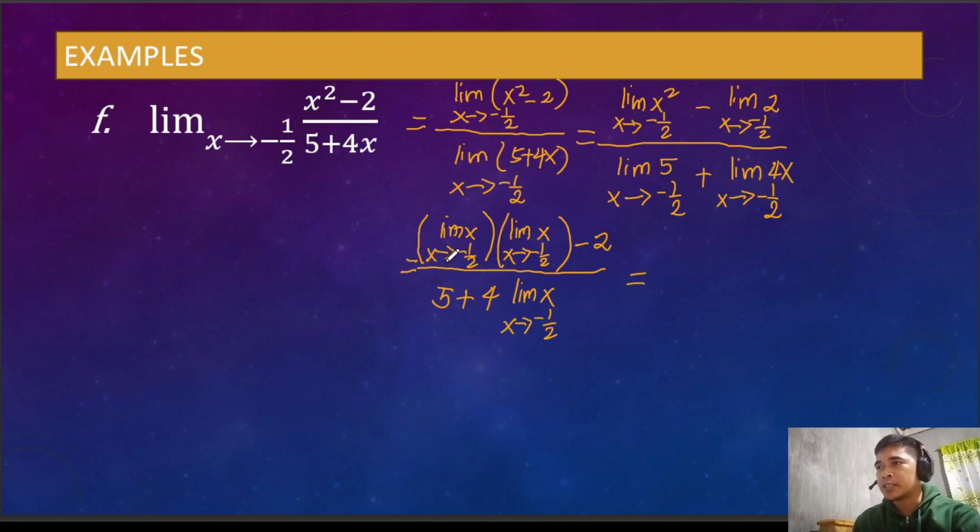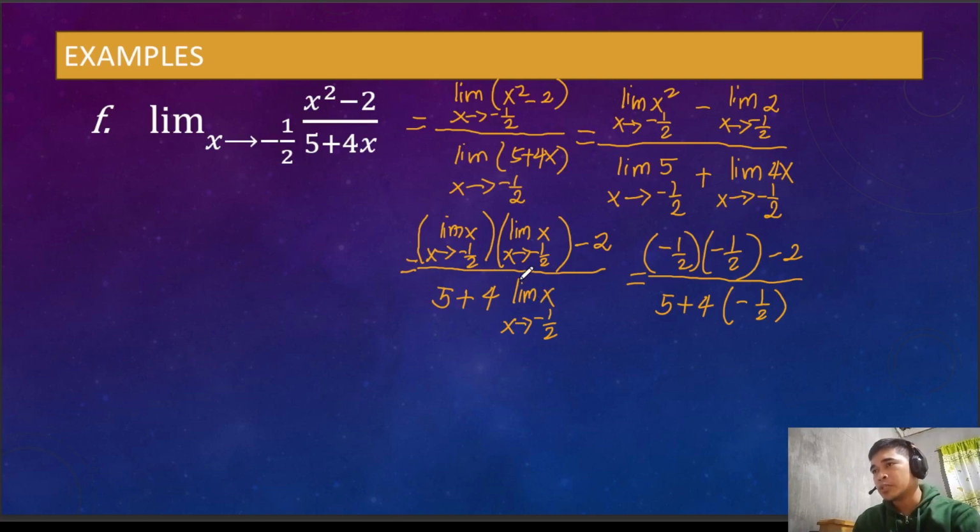Okay, next, the limit of x. Since this is a variable, the limit is the value of a. So we have negative 1/2. Then the other one also is negative 1/2. And then minus 2 all over 5 plus 4 times negative 1/2. Why is it negative 1/2? Because this is a variable, so the limit of a variable is the a, which is negative 1/2 in the given. So negative 1/2 times negative 1/2 is positive 1/4. So 1 over 4 minus 2. Here we have 5. 4 times negative 1/2 is negative 2. So plus